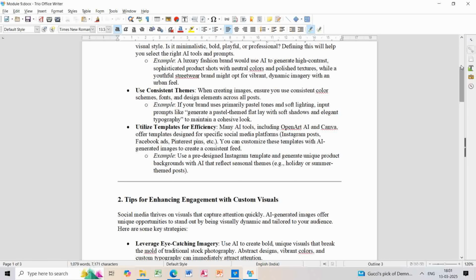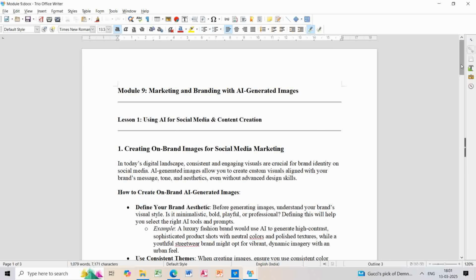The very first thing that we need to do is define the aesthetic of our brand. Before generating any image, we have to understand what our brand's visual style is. Is it minimalistic, bold, playful, or professional? Defining this will help select the right AI tools and prompts for the image that we have to generate. For example,